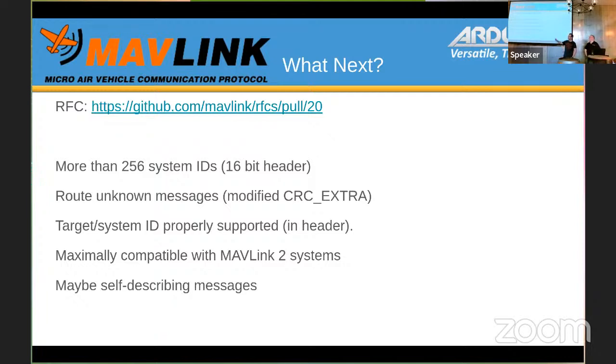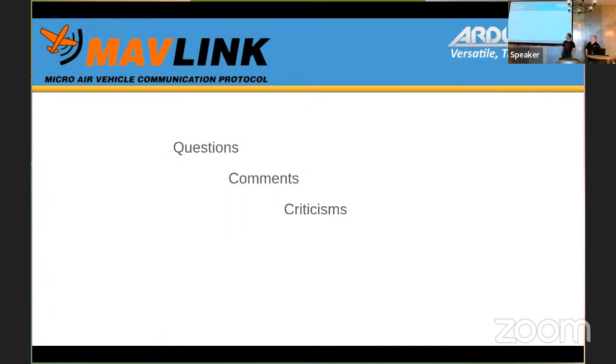What I like about this particularly is there are other ways of doing it, but it's compatible, you have that choice, and it's easy. So you don't have to think, I already know Mavlink, now I don't know Mavlink. That's a damn good thing for most of us. Maybe not everybody, there'll be other approaches, but for most of us it'll be a good thing. I think that's all we've got. So we've got plenty of time for questions, comments, and criticisms. Except for the last one, we're not taking those.